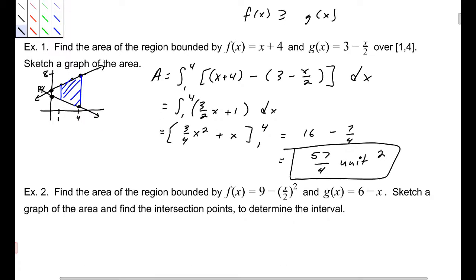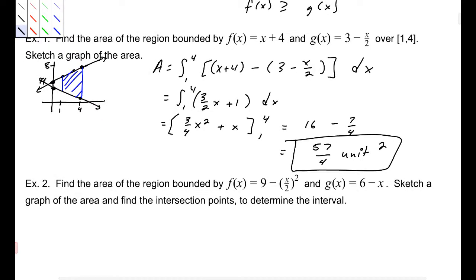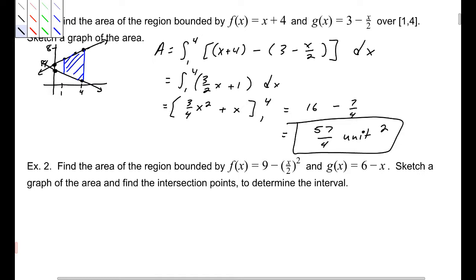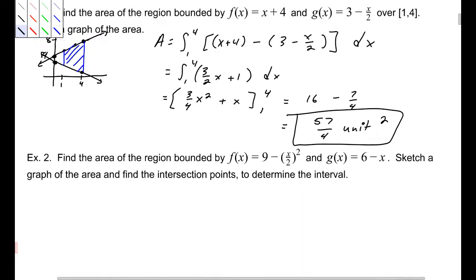Okay, example 2. Find the area of the region bounded by f of x equals 9 minus (x over 2) squared and g of x equals 6 minus x. Sketch the region and find the intersection points. So we aren't actually given the interval, but we want to know the region that's bounded by those two. So if I graph this,